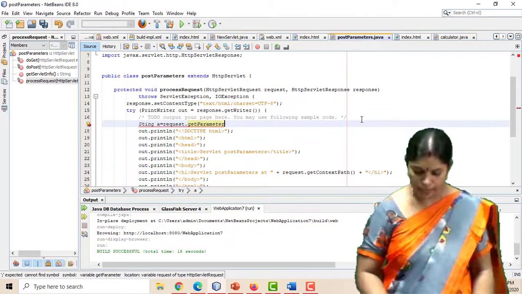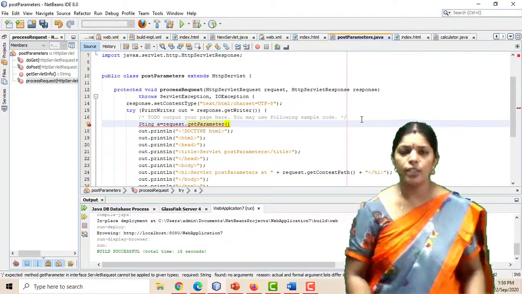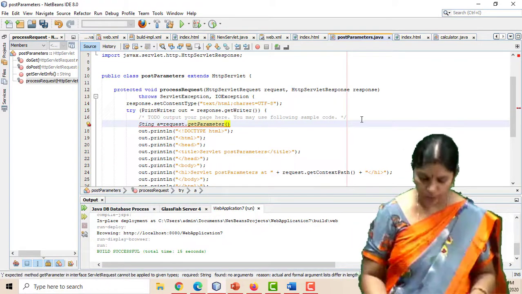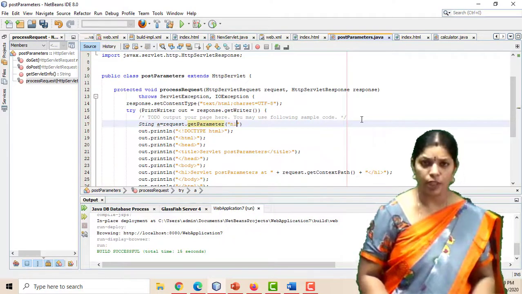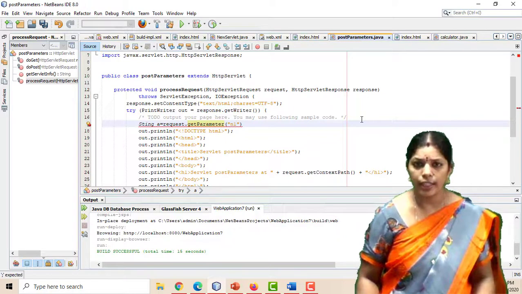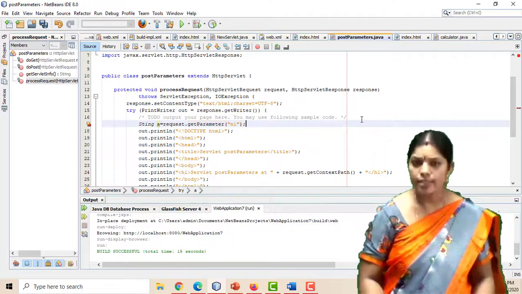By using getParameter we give the value we are taking, here n1, number 1. At the end we put a semicolon.